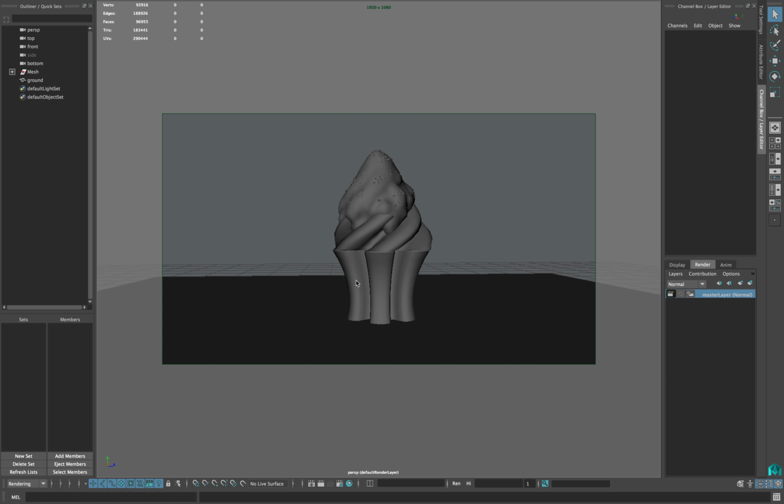In today's lesson, we are going to learn how we can render our objects in ambient occlusion. So let's jump into it. In the following example, we have our scene ready for rendering. To do that, you just have to select everything that is visible in your viewport.